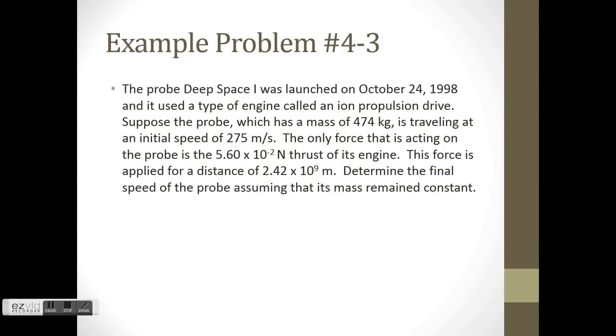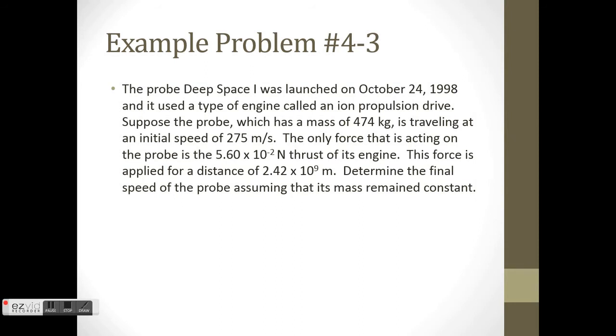So let's do a quick problem. Here we have a deep space probe. It was launched on October 24th, 1999. It's called Deep Space 1. It uses a type of engine called an ion propulsion drive, and the probe has a mass of 474 kilograms and is traveling at 275 meters per second. The only force acting on the probe is the thrust of its engine, which it says is 5.6 times 10 to the negative second newtons,